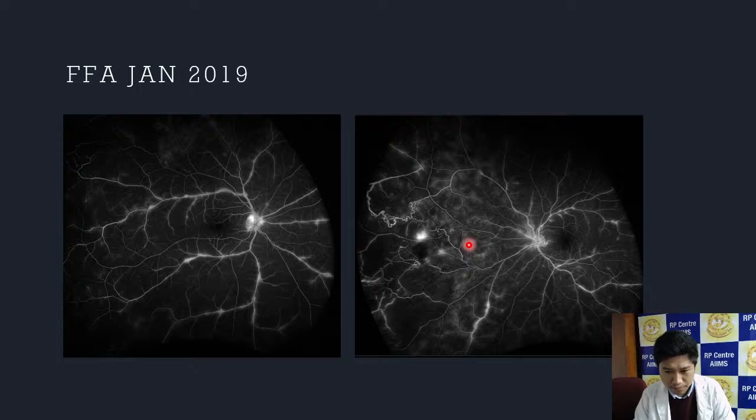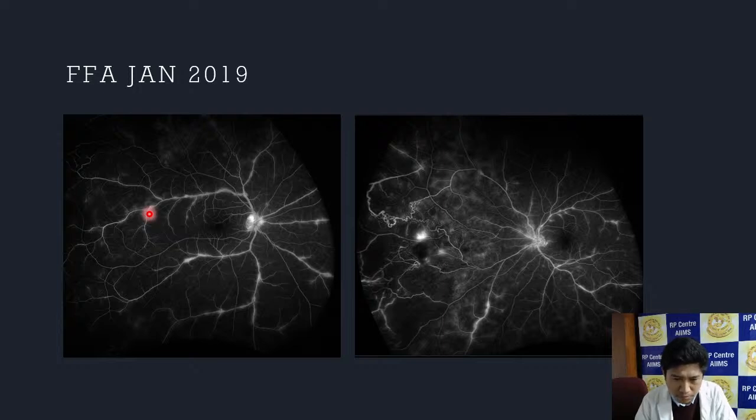Just a minute. Sorry, again, you have mentioned the eyes opposite here. So in the right eye, the larger vessels are definitely showing hyperfluorescence along the vessel wall. But this can also be seen not just in active vasculitis. As the vasculitis is healing, some amount of this hyperfluorescence persists. So FA alone is not a definite marker of activity. You have to assess it clinically also.